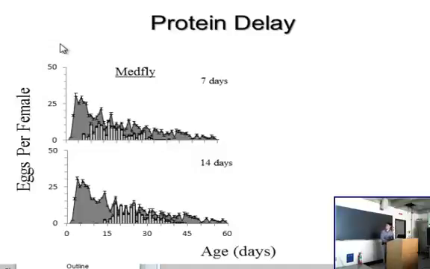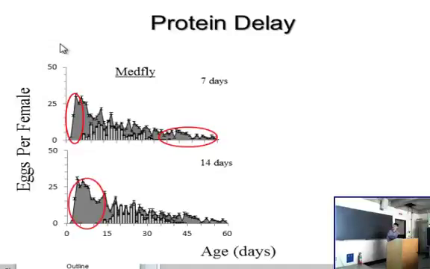When the protein was delayed for a 7-day period, the medfly loses reproductive ability at both ends of the lifespan. So at the beginning of life, there's no ability to produce eggs, obviously, and then they have a shortened life expectancy. So it really smashes that period of reproductive ability that the medfly has. What's interesting is as soon as the protein is provided, the maturation occurs, and then you kind of get this period where they have similar rates of reproduction as the control, but then it drops quickly.